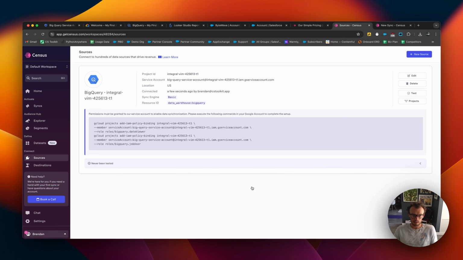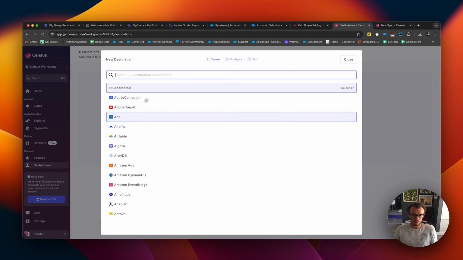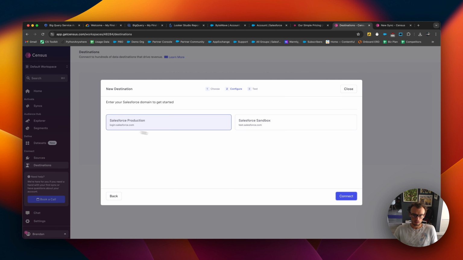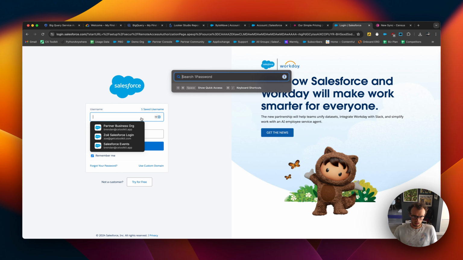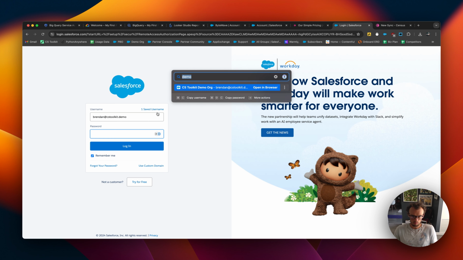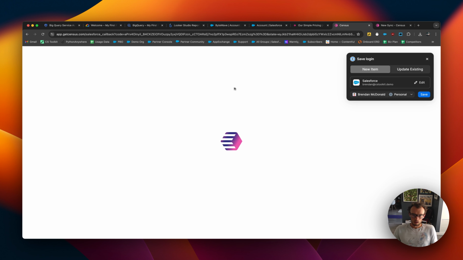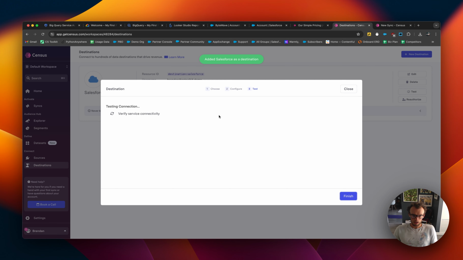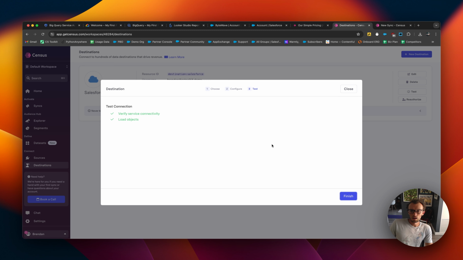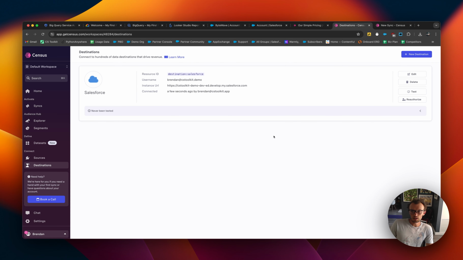So let's go ahead and connect Salesforce. So we're going to go to destinations. We're going to add a destination. We're going to type Salesforce, production, connect. We're going to log in, connect with my demo account. Okay, now it's going to test this connection. So let's see if this works. Okay, it looks like the Salesforce connection has worked successfully. So let's go ahead and finish this, and we can go ahead and